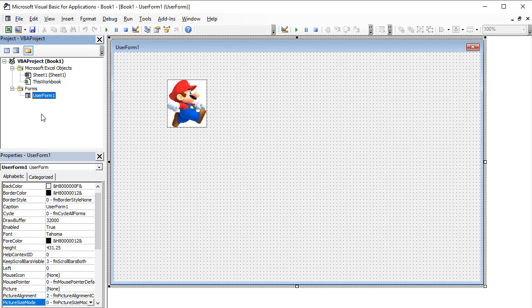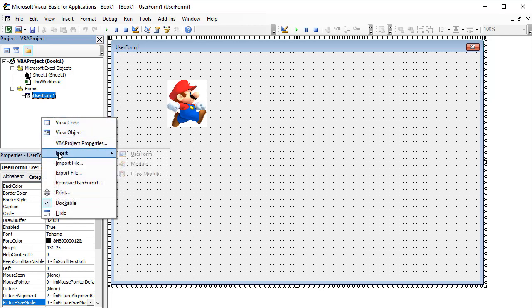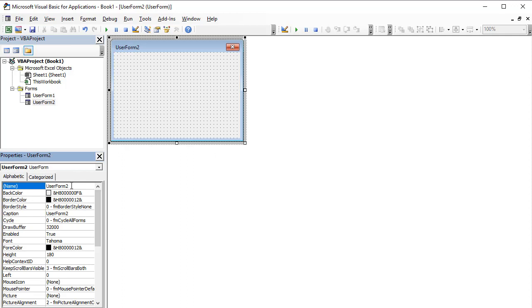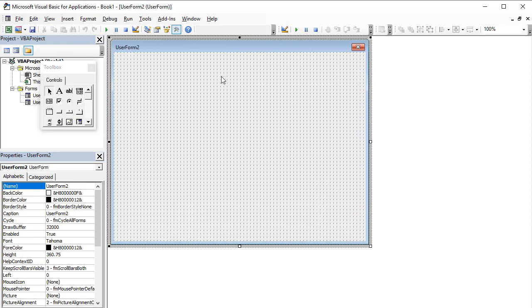Okay, so I've got that user form. I need a different user form for the excuse, so I'm going to insert another user form. Okay. And this user form is my excuse. If I wanted to change the name of the user form, I could do it here, or I could just leave it UserForm 2 and remember what they are. I mentioned changing names. If you're going to change the name, do it right from the start. You don't want to change the name later. So if we're going to change the name, frmExcuses. Okay. Now, it still shows UserForm 2